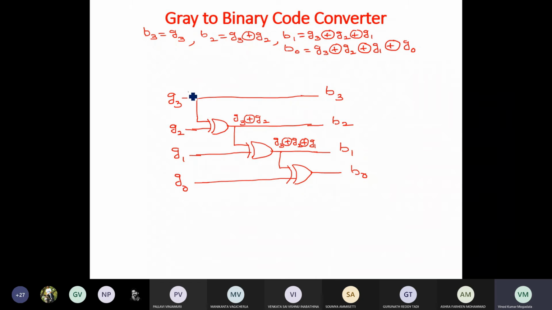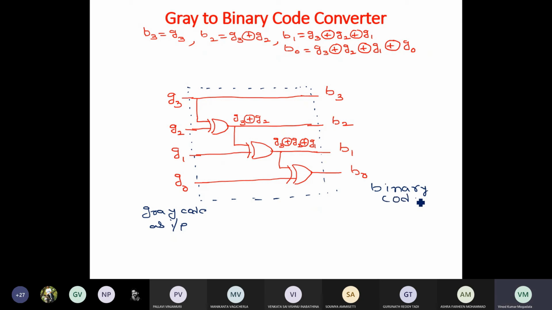So this combinational circuit, if you give gray code as input, it will give the corresponding binary code as output.